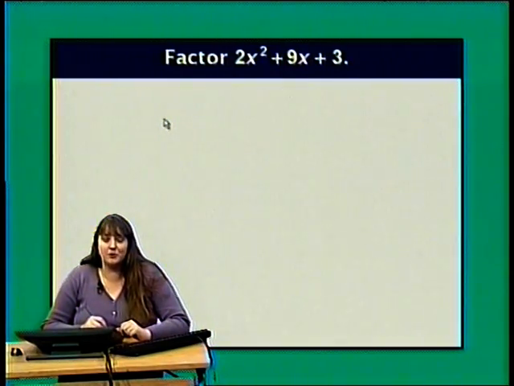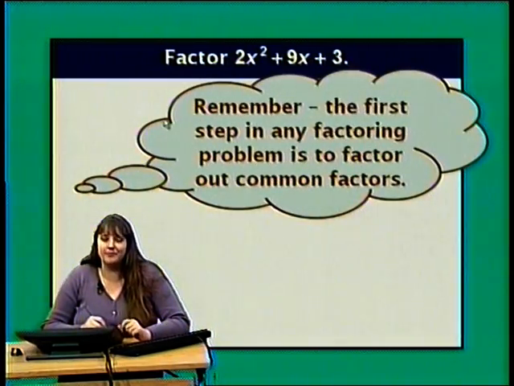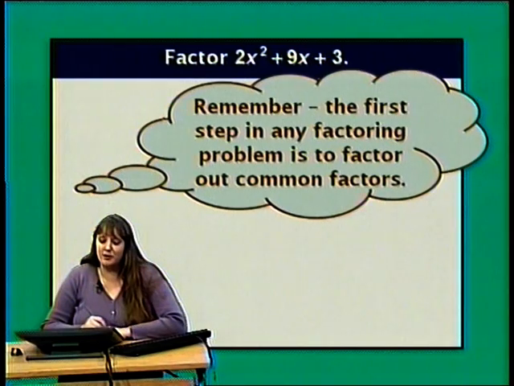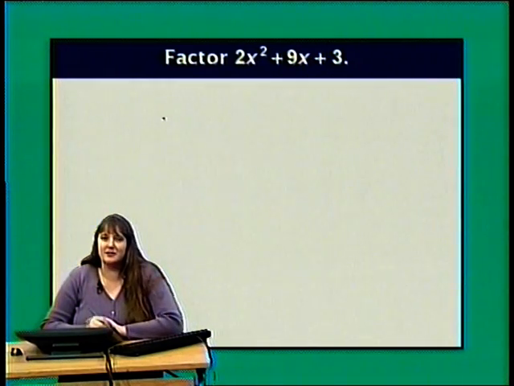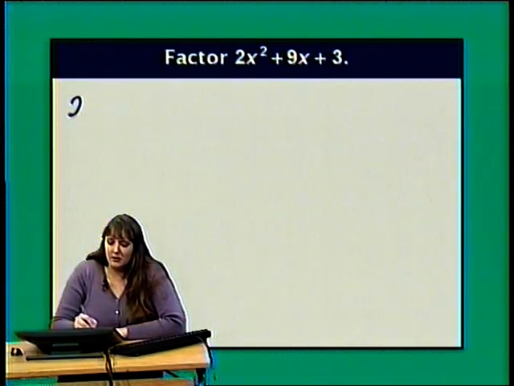Now let's factor 2x squared plus 9x plus 3. Remember, the first step in any factoring problem is to factor out common factors. Does this trinomial have any common factors? Well, other than 1, I don't see any. So let's go ahead and start factoring. Let's try guess and check again. I still have 2x squared as my first term in this trinomial. So when I break this into two binomials,